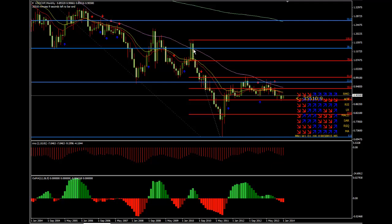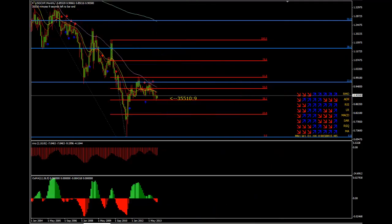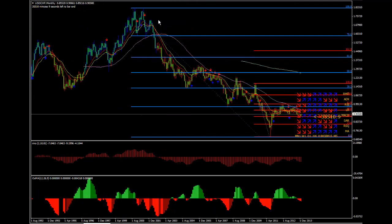Onto the US dollar Swiss franc. Here again, you can see that price has been in an extended downtrend since 2000. In fact, we've seen lower lows for the US dollar against the Swiss franc, and recently we've seen price consolidating through 2011 through 2012. In fact, we've seen a lot of consolidation for the US dollar against the Swiss franc over the past couple